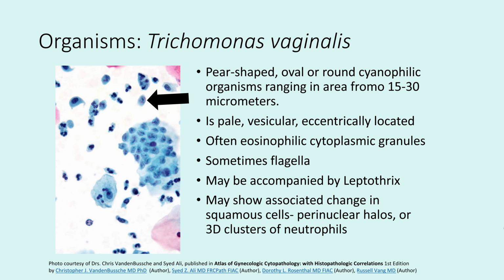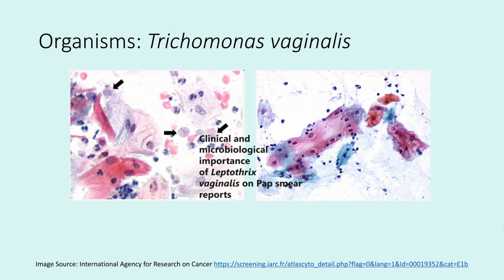And it may show associated change in the squamous cells, including perinuclear halos or 3D clusters of neutrophils. So if you see those changes in the squamous cells, that's also a good time to start looking for Trich. And then another time is whenever you see abundant acute inflammation. That's a good key. So here is another image of Trichomonas vaginalis. You can see how hard they are to see in that left-hand picture. They almost look like debris. And then on the right-hand side are those perinuclear squamous changes in the